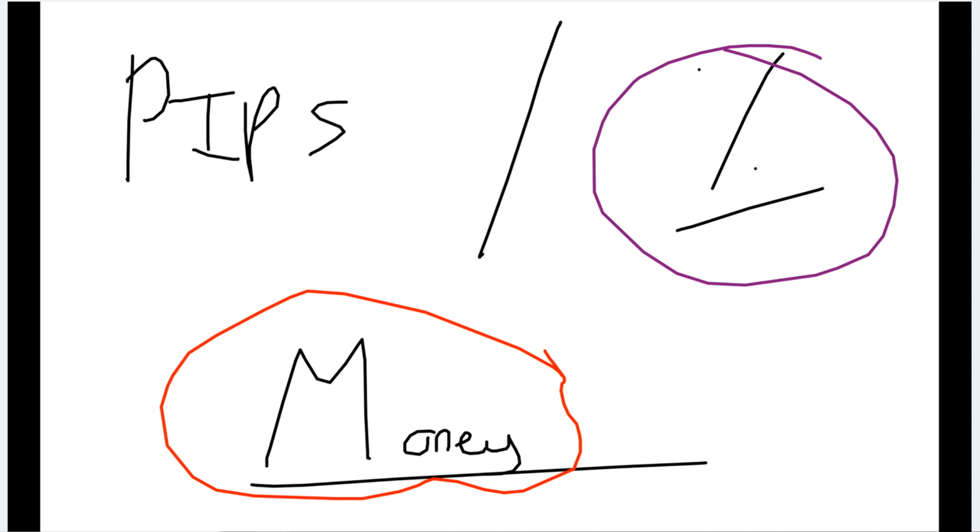But all I'm trying to get across here is, don't fall into the trap of thinking that that type of profit, 5Ks, 10Ks, etc., is easy to do. By all means, it can be easy to do. Anybody can make money, but not a lot of people can make pips.